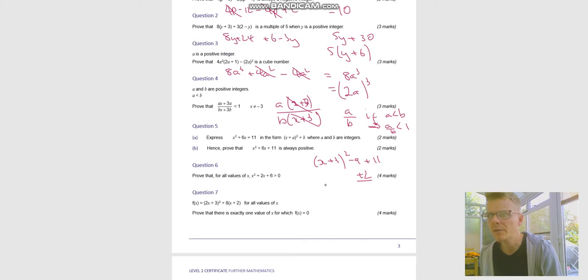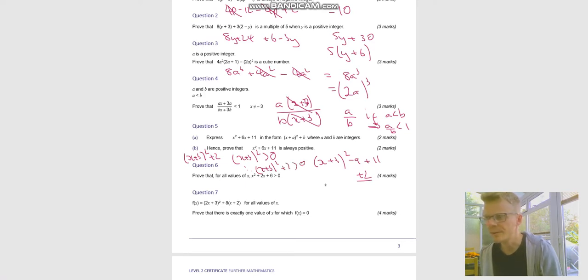And then hence prove that this is always positive. Okay, so you've already got what you need, it's just, again, a sentence. So we've got x plus 3 all squared plus 2, and x plus 3 squared is always greater than or equal to 0 because it's a squared number. Again, we can write a sentence. Therefore, x plus 3 squared plus 2 is also greater than 0 because we're adding a number to it, and